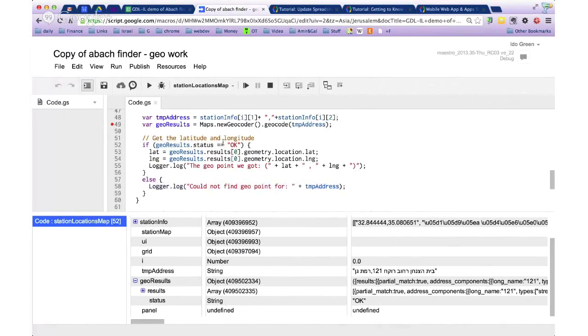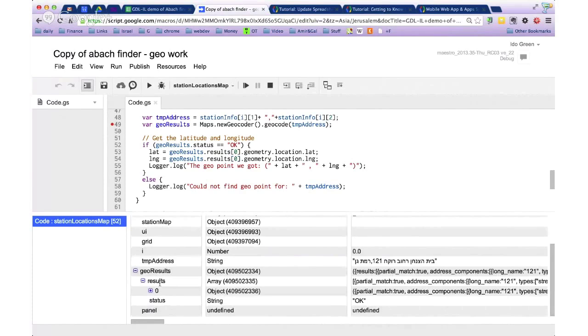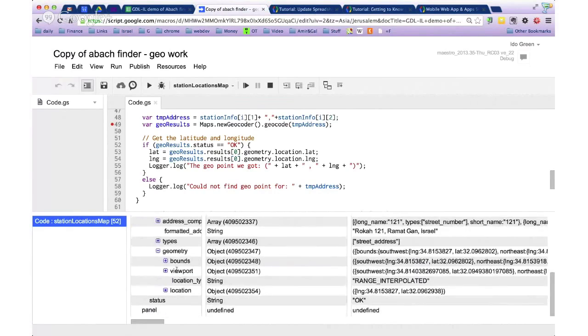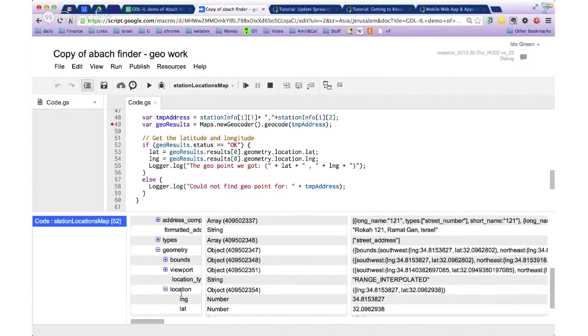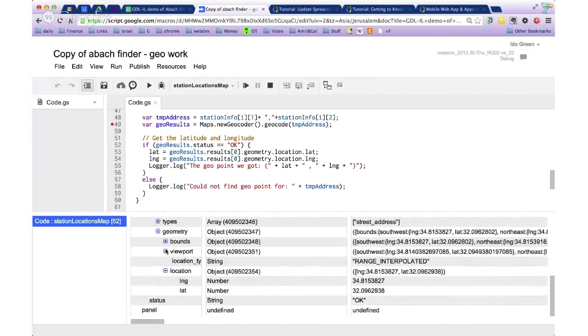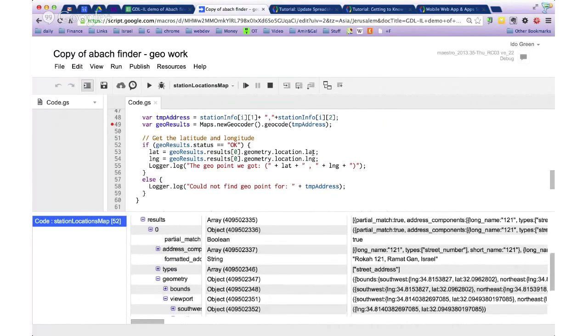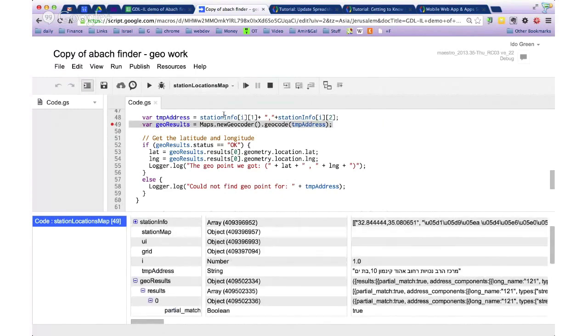And if it's okay, like in our case, you could see the results object containing lots of different parameters. In our case, we have the geometry containing bounds, viewports, location data, and lots of other things. And in our case, as you can see, I'm taking the longitude and the latitude, just the opposite of what I said. And once I got those two, I can release it and just keep running and getting a new